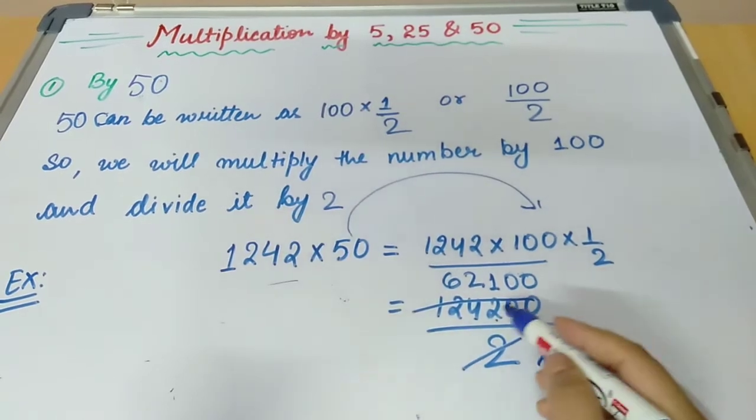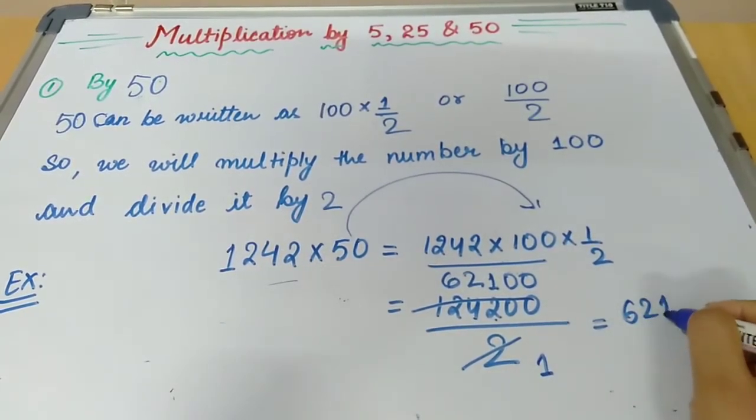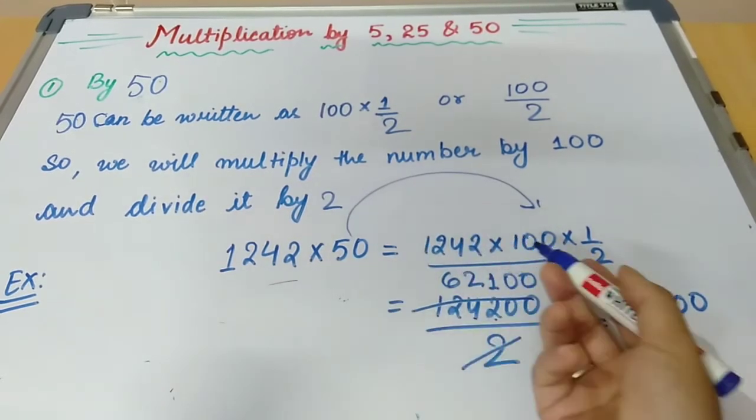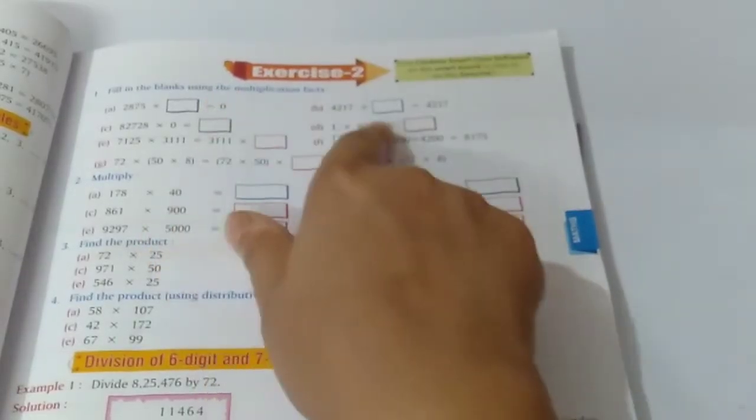In division also we write zeros as it is. So the answer will be 62100. Isn't it very easy rather than multiplying and getting the answer? So look, in exercise 2,